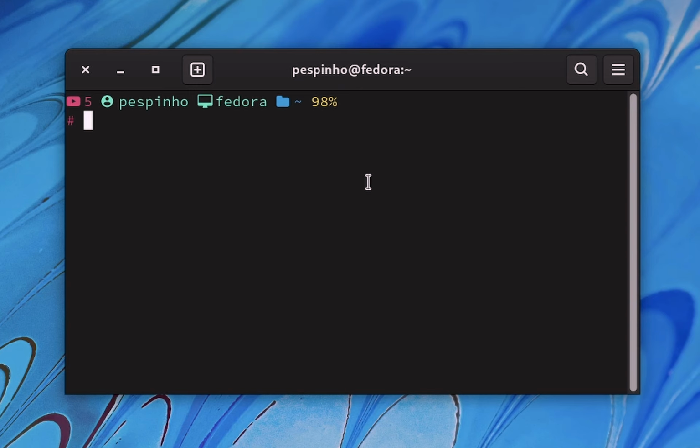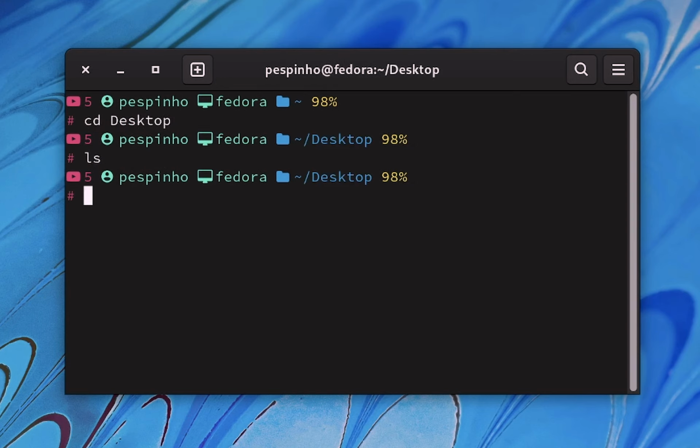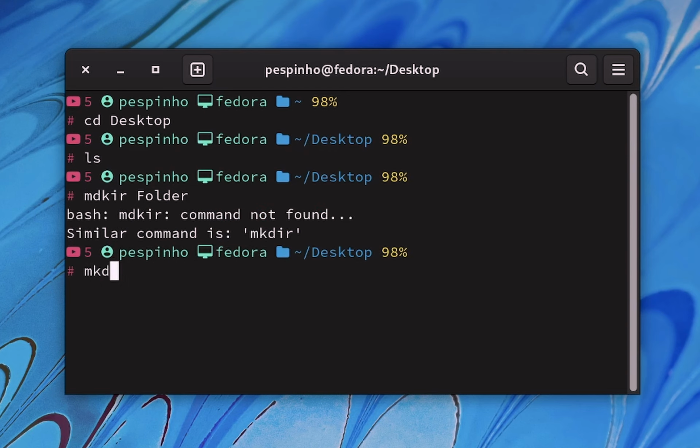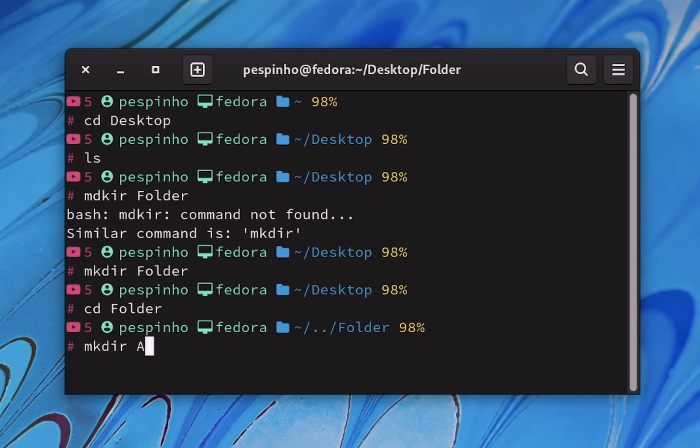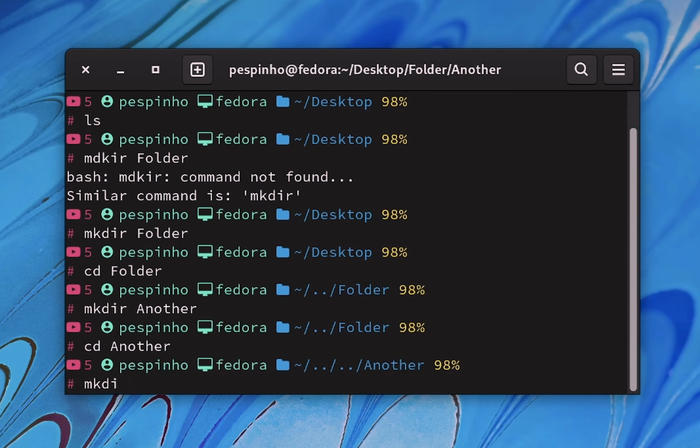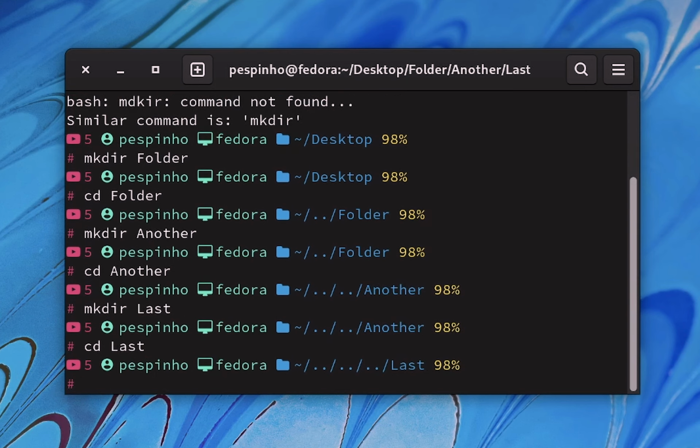And for the folder, I also want to change the style. So right now I have this style here. I showed it before. If I go to desktop, now I don't have any folder here, and I create a folder. I showed this in the last videos. So I will just create really quickly here some folders. Make the folder, go into folder and make another, go into another and make the last, and we go into last. So you see,